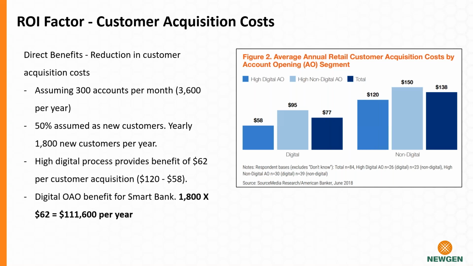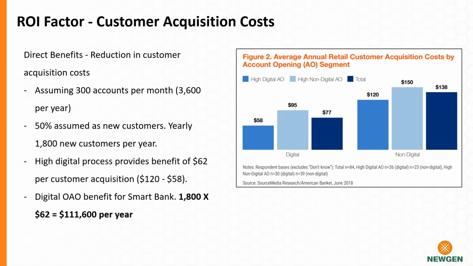With that number in mind, 300 accounts per month and 3,600 accounts per year, let's assume 50% of these accounts are opened by new customers, and that figure would be 1,800. Now, for these new customers in the industry, the highest non-digital cost for customer acquisition is $150, which means that a manual way of acquiring a customer would be $150 for each new customer. But when it comes to digital, we're talking about some of the lowest numbers: $58, $95, $77. So if we take the lowest of the non-digital and the lowest of digital customer acquisition cost, we are able to calculate the benefit,